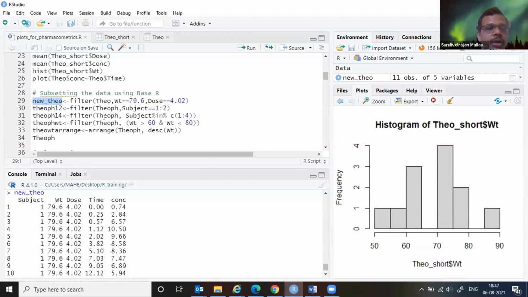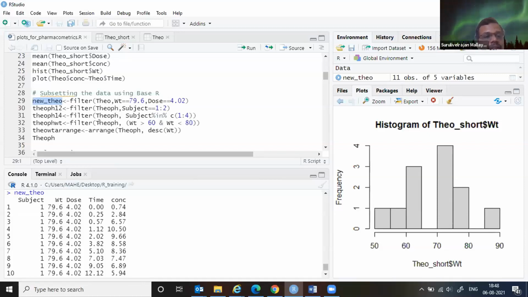And these filter options we have seen in the last session, so we can drill down deep and ask more questions. Why all these questions? Basically, we are trying to understand the data more clearly. When you look at concentrations versus time, maybe for a particular variable like weight, is there any difference in concentrations?